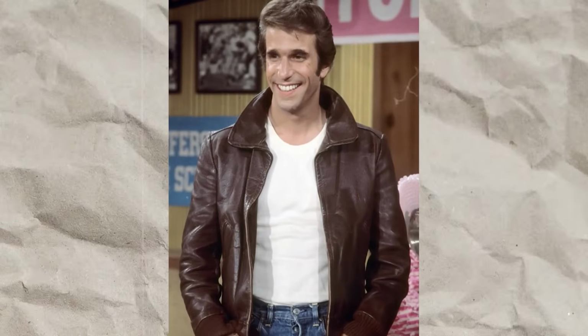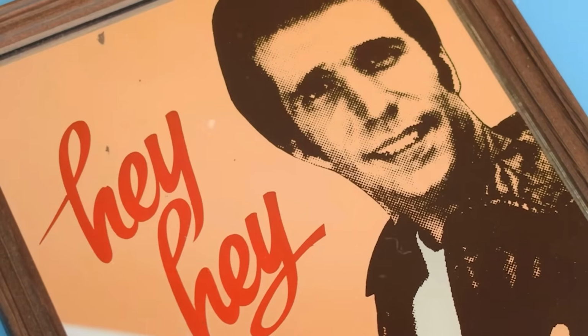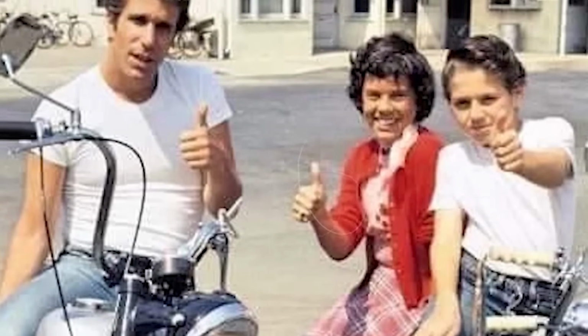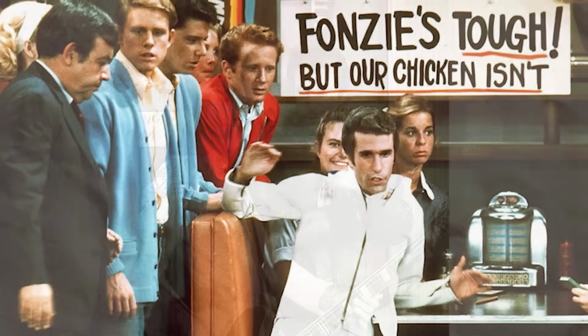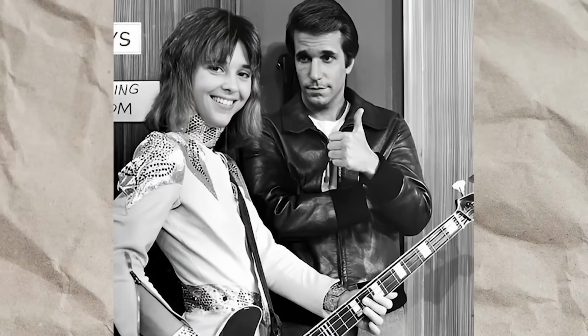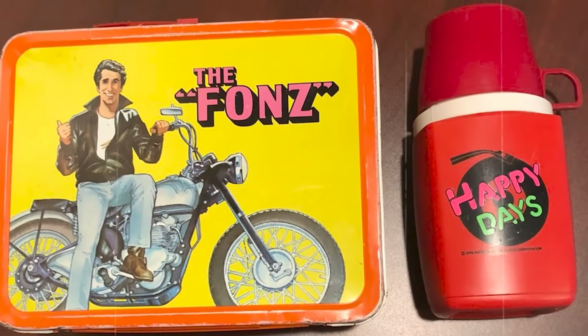Every small gesture held meaning. Whether he tapped a jukebox and made it sing, or flashed that relaxed grin that could ease even the tensest moment, Fonzie navigated life with a quiet strength that kids and adults alike wish they could somehow bottle up and keep. He made bravery look natural, standing up for friends and doing the right thing without ever losing that unmistakable